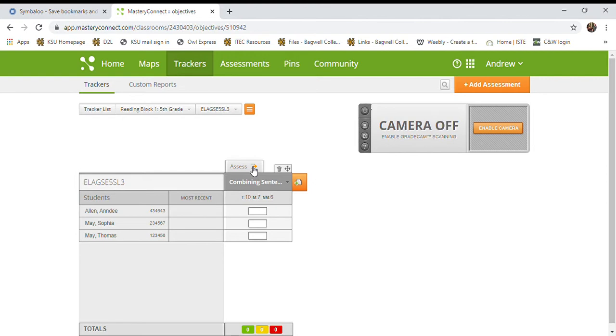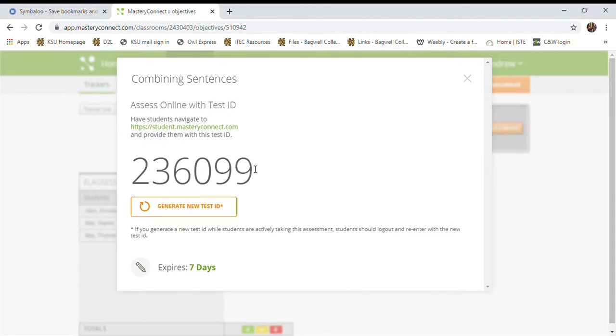Since this is a multiple choice test, I can see I have my degrees of mastery here, and I go in and assess. What it's going to do is pop up this screen, and it says combining sentences. Assess online with this test ID. Well, what you can do is have the kids, if you're 3rd, 4th, or 5th grade, or one-to-one laptops, or in the lab that day, or have some kind of mobile lab, then you can tell